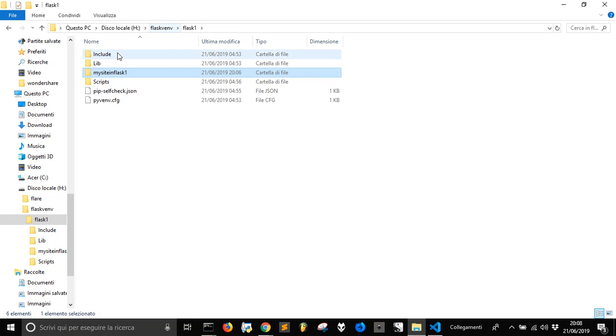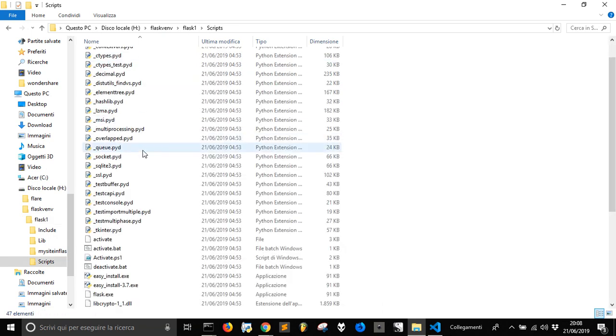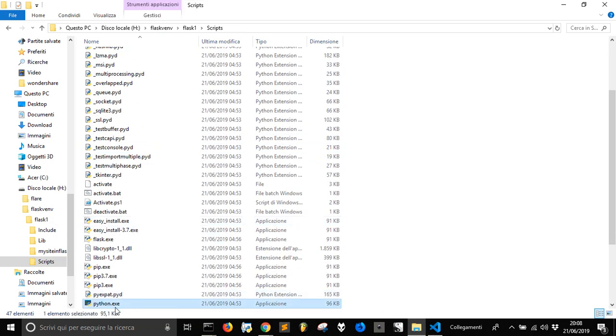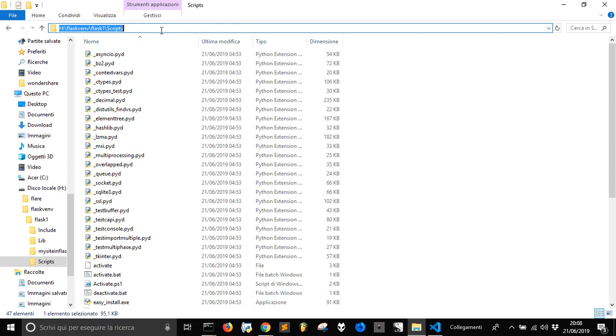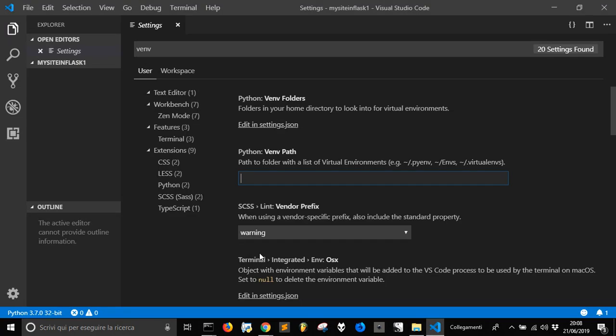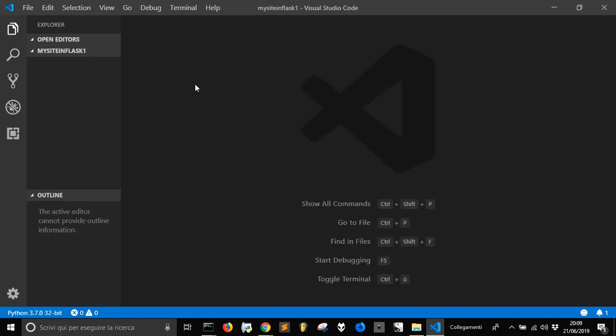if you have created your own, maybe different from this, you should go here into script. You see that you have python.exe here. Go here, copy the path to the directory, go here, paste it here, write another slash and write Python. Okay, and now you can close this and you